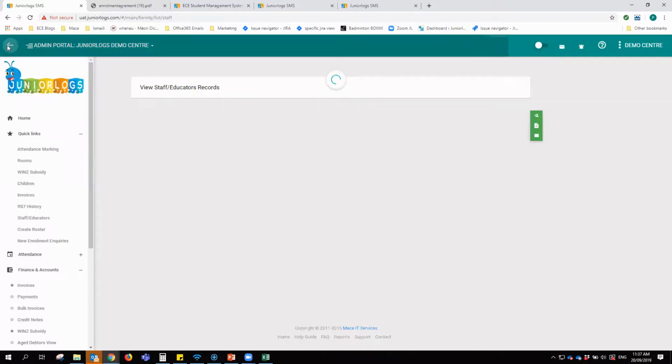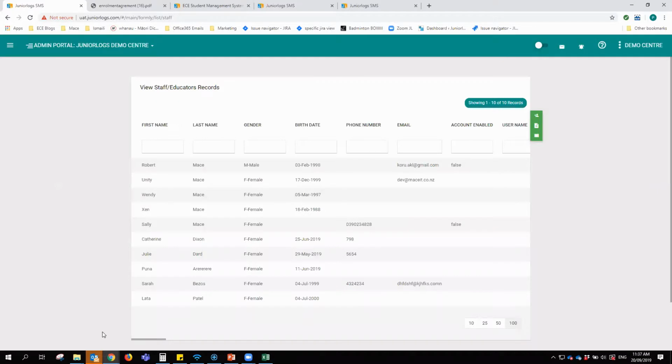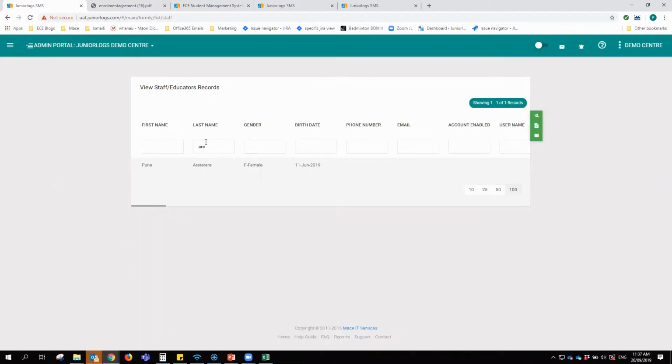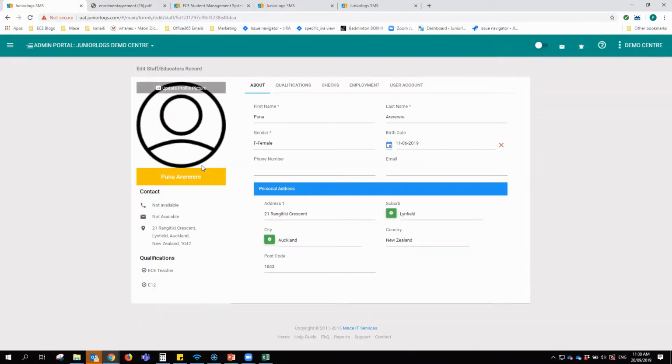So just like how we saw the children list view, in the same way we will be able to see the staff educators as well, so that we can again find them quickly if we want. We can also add them from the right hand side menu options. And once we go into each account, we will be able to see the basic information on the first